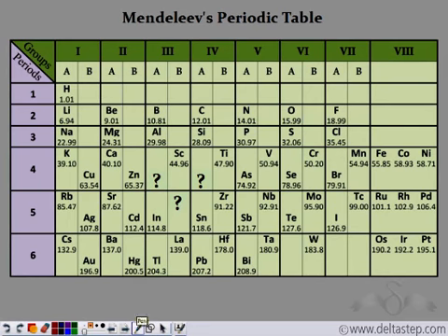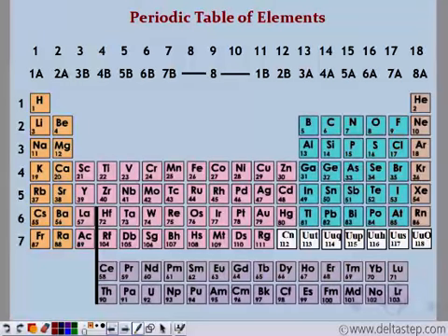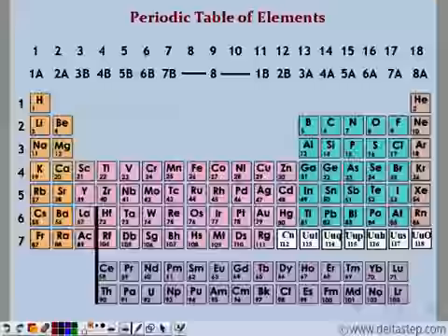In Mendeleev's periodic table, we see that the elements are arranged in increasing order of atomic mass. So if you observe, the change of atomic mass is not very gradual. Well, in case of the modern periodic table, the elements are arranged in increasing order of atomic number. So the change, that is 1, 2, 3, 4, 5, 6, and so on, is very gradual. Further, the modern periodic table has 18 groups. Let's see where these 18 groups come from.